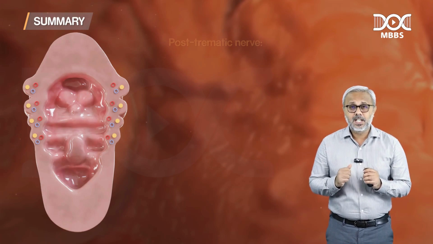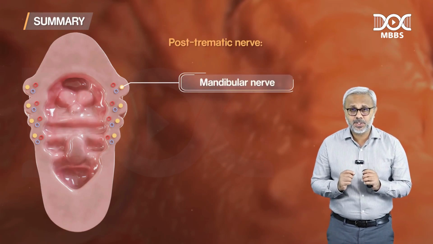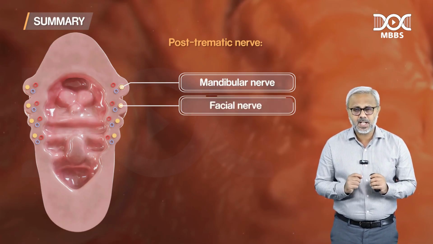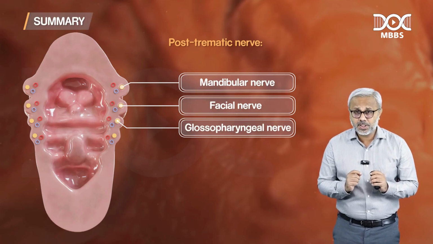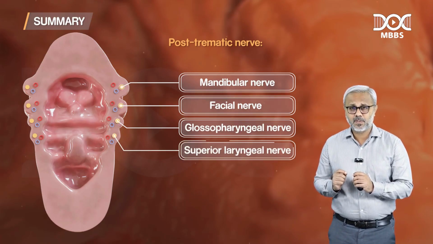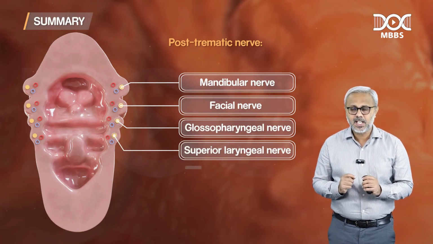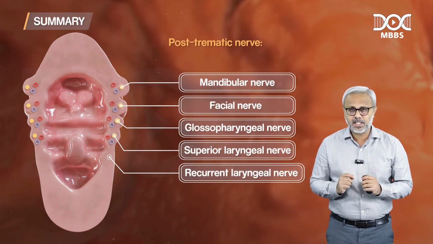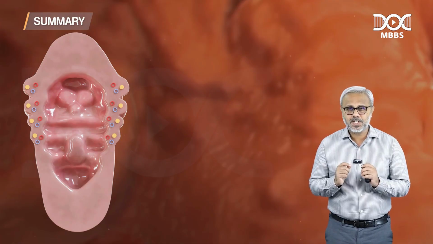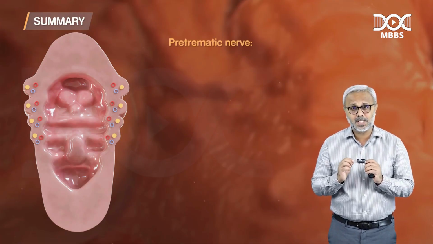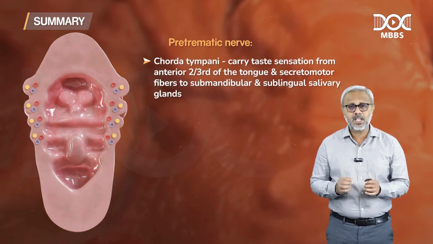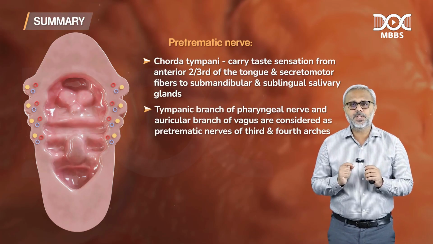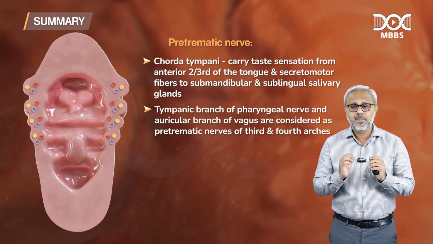The nerve of the first arch is the mandibular division of the trigeminal nerve, second arch facial nerve, third arch glossopharyngeal nerve, fourth arch the superior laryngeal branch of vagus, sixth arch the recurrent laryngeal branch of vagus. All these are post-trematic nerves. The pre-trematic nerve of the first arch is chorda tympani. The tympanic branch of the glossopharyngeal nerve and auricular branch of the vagus are also considered as pre-trematic nerves